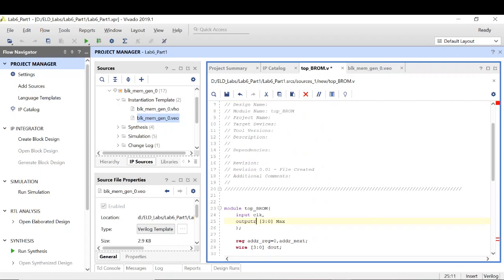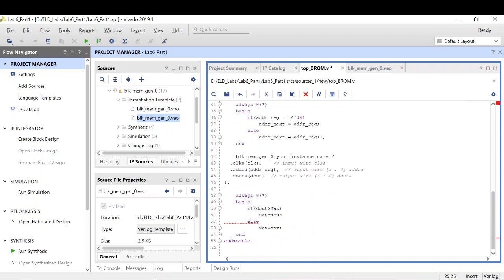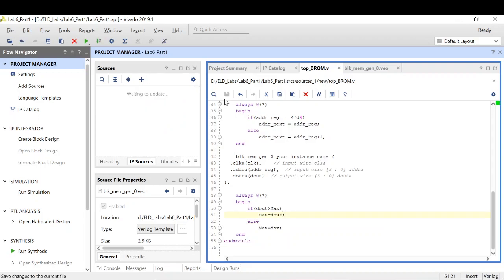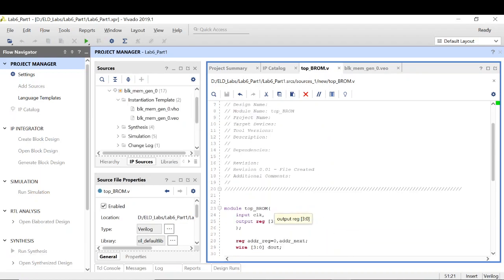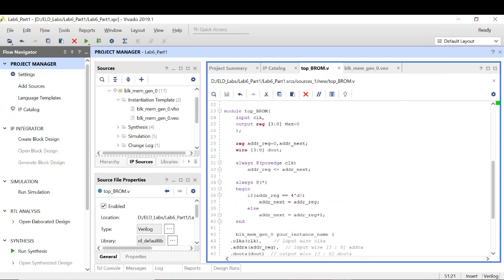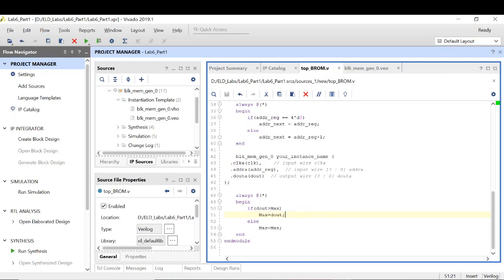Okay, so we need to make it a register type as well. In this always block, what we are actually doing is comparing the D out coming from the memory with the max. Initially we have initialized the max with 0. If whatever is coming out from the memory, that is D out, is greater than max, then we are assigning D out to the max, or else the max remains the same.